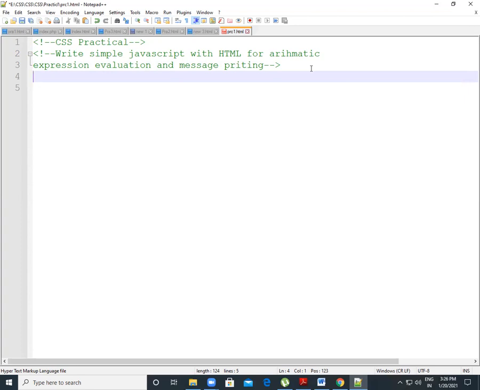If we want to accept values from the user, which function do we use? The prompt function, because we want the value from the user, correct?